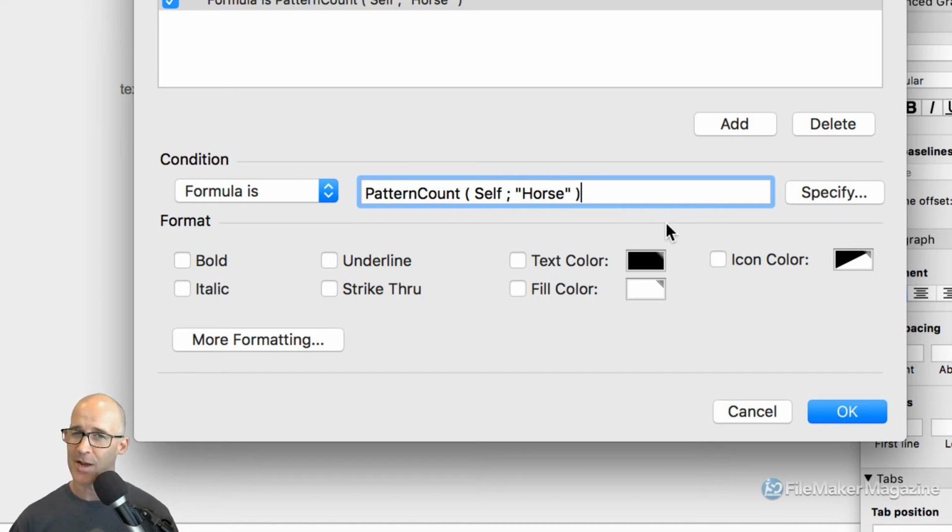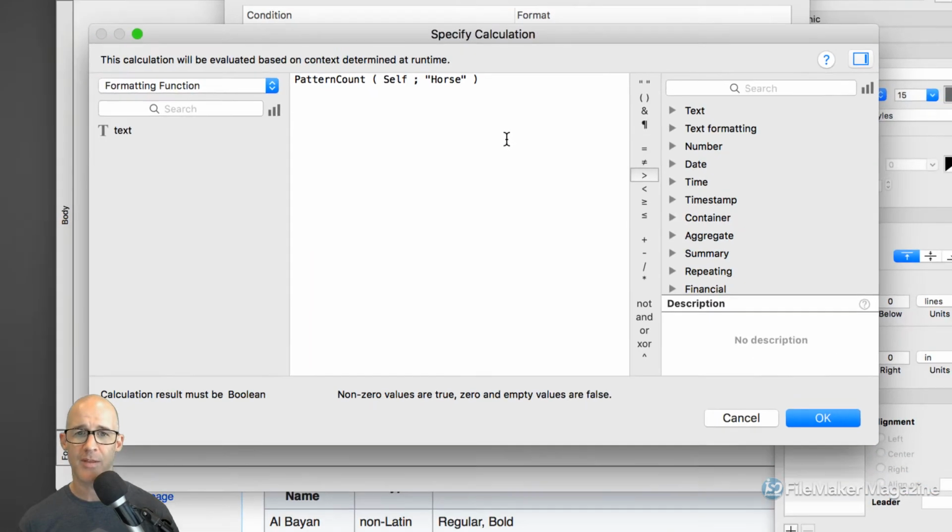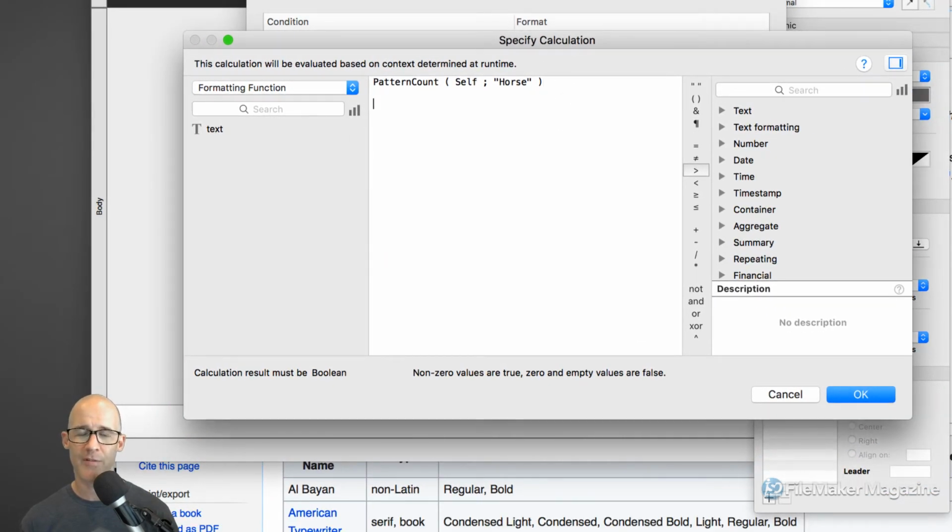So here's the cheater stuff. Here's where, as a new FileMaker learner, we're doing something a little bit more advanced. We're going to click the specify, and we're going to back this off, and we're going to take advantage of the very first function that I suggested that all FileMaker learners learn, the Let function. So we are going to say this. What are we displaying on the layout? Well, on the layout, we are displaying that display.text variable. So we have to create that. So we're going to say Let display.text be equal to,